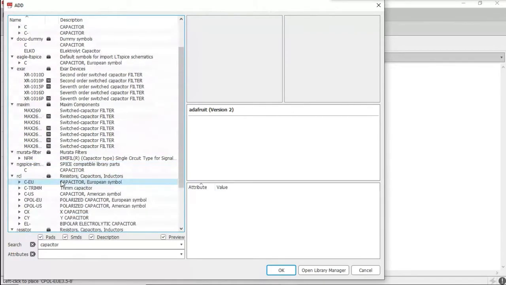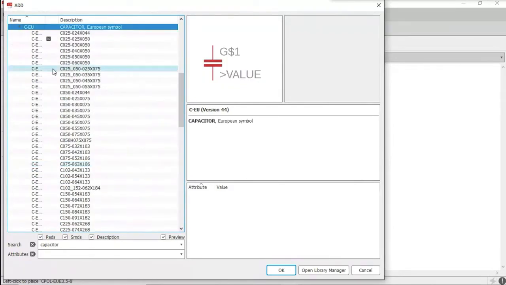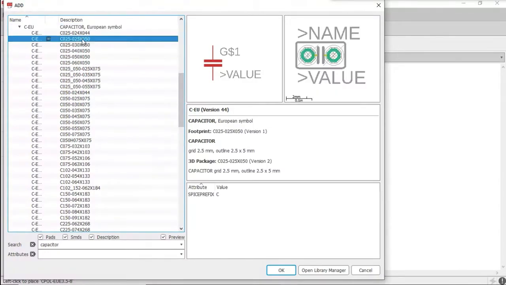Okay. For this, under RCL, scroll down, select an option RCL. Under this, click on CEU. Under this CEU, you see an option called C025 cross 05. That is the second option. The package name is C025 dash 025 X050.